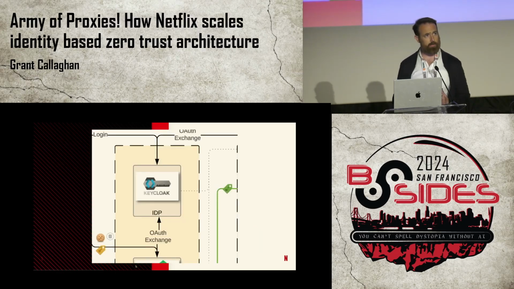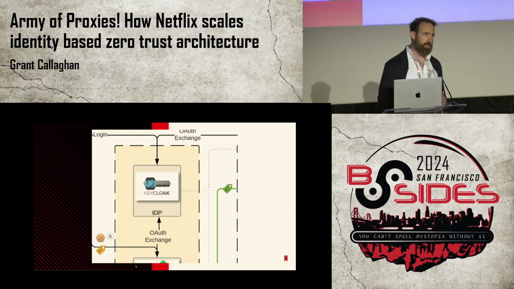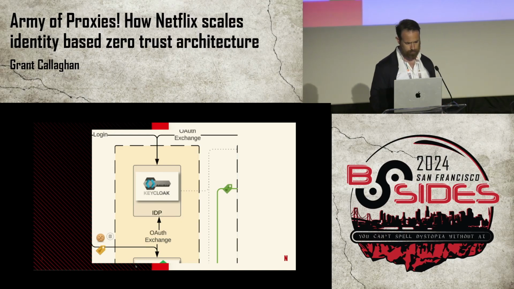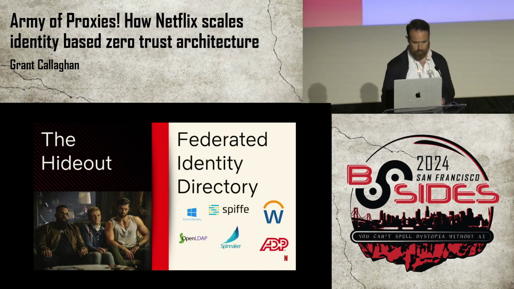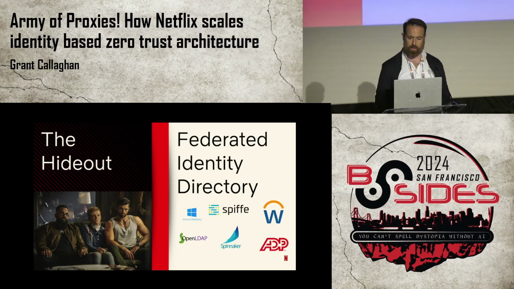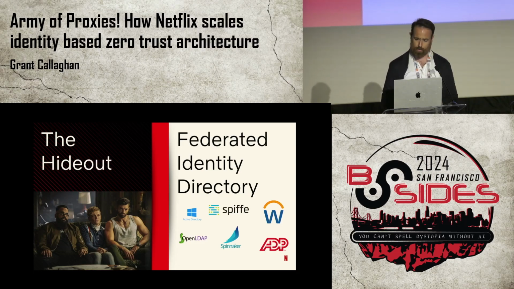So here in that original diagram, if we zoom in, we can see Keycloak serving that use case for us here. So all right, where do our identities gather? Who do they meet up with? How do they get there? These are the purposes of the various processes that make up the hideout of our principal population.